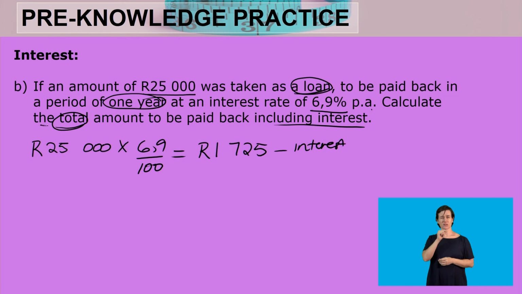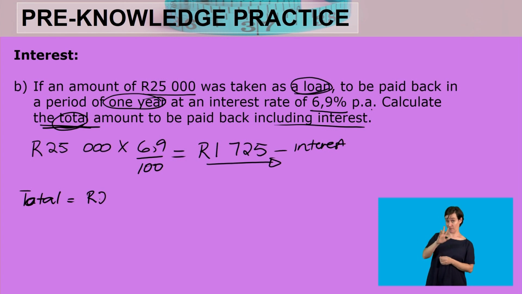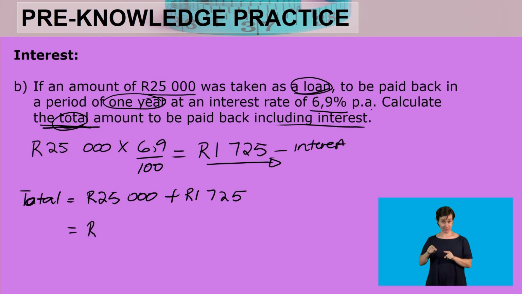And the question, remember, says we must calculate the total. So it means this is only the interest. Now you still have to continue and say total. So your total amount will be the amount taken as a loan, which is 25,000, adding the interest that will be charged on this loan. So this will be 1,725. So when we add those together, that gives us a total amount of 26,725, meaning by the end of this period, this person would pay back a total amount of